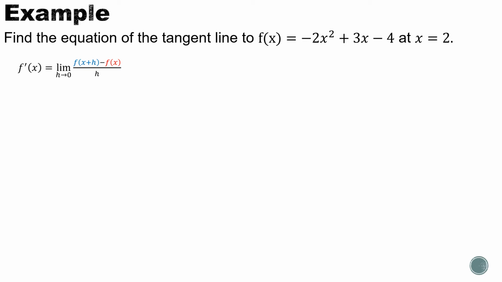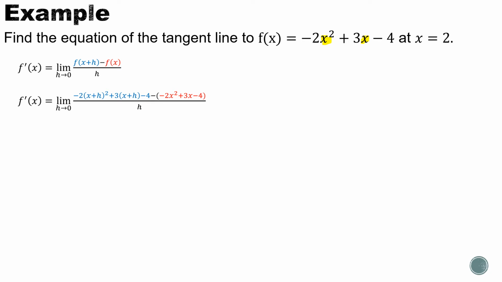Again, all that's telling me is that everywhere I see an x in my equation, I'm going to put x plus h. Once I do that, I'm going to subtract f of x off. Well, f of x is the entire equation. So when I do that, I'm going to get negative 2(x plus h) squared, plus 3(x plus h), minus 4. That was this blue part. That was the f of x plus h, minus my f of x, minus my entire equation, all over